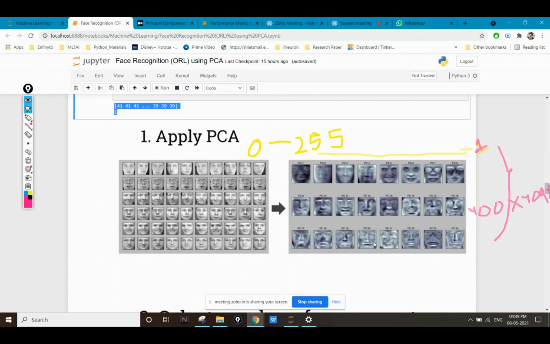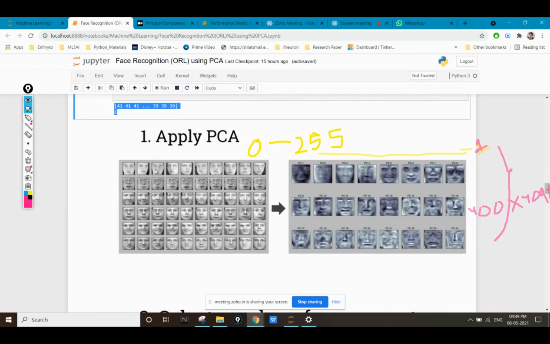For ID one, we have 10 images. With the help of these converted images, we'll try to determine how many images we require to get the complete features of a person.